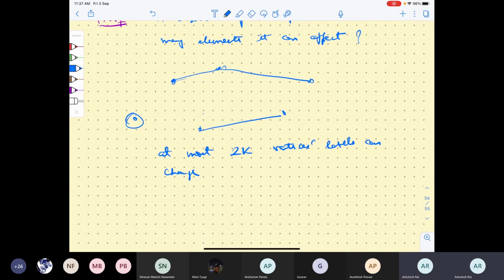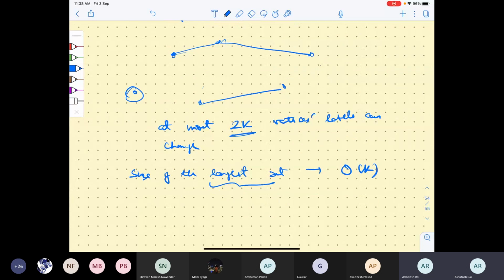And what is the size of the largest set? It is again order k. I mean, any new set, the one which has not changed. So the largest set, yeah, that is fine. So these are the things: at most 2k vertices' labels can change, and the size of the largest set is also order k. And whenever a vertex's label changes,